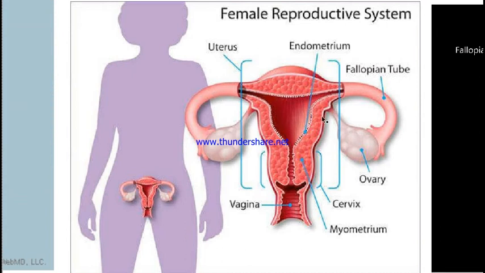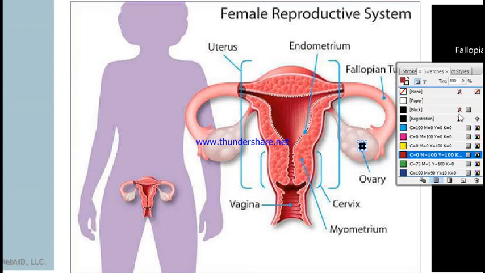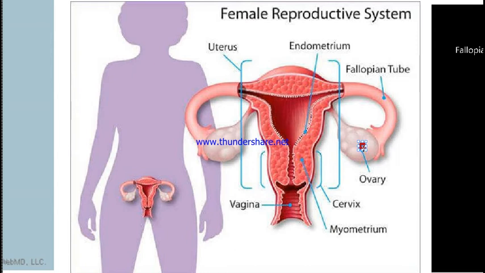Well, if the egg is fertilized, you see, the egg is released by the ovary. Let me draw an egg. Suppose this is the egg. Yes, the egg is released by the ovary, and then the egg travels through the fallopian tube. At the same time, if sexual intercourse happens,